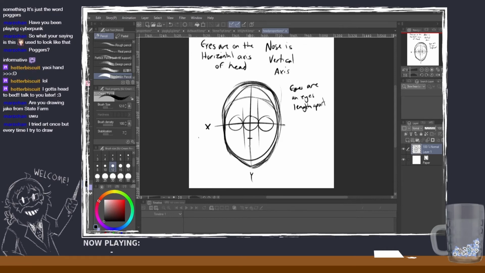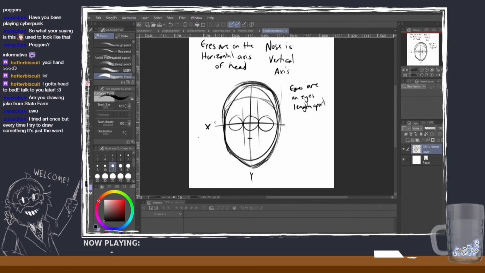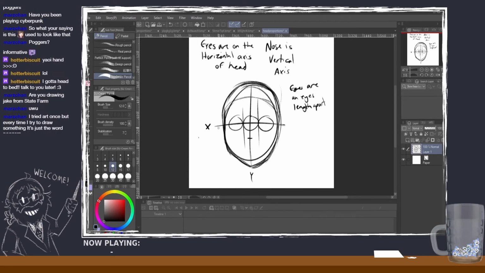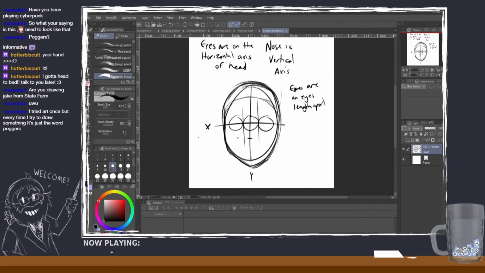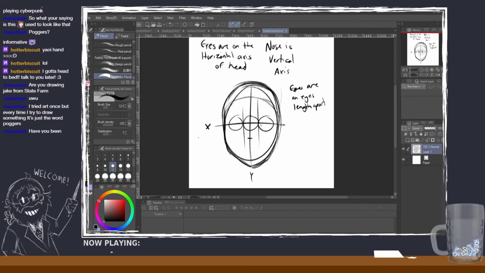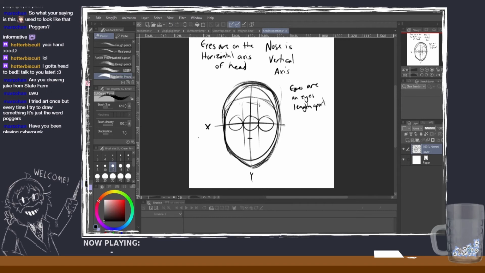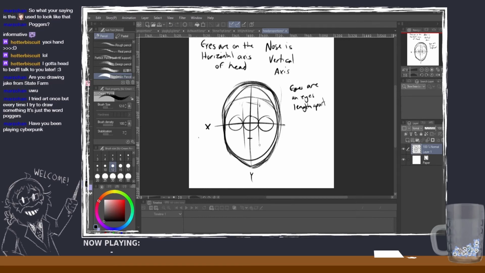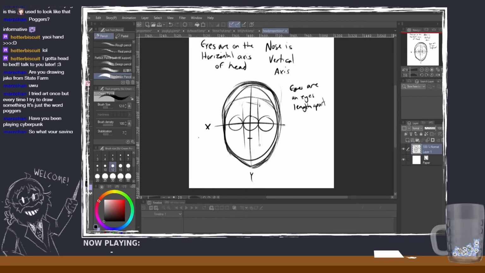Obviously, there are going to be people out there who have different facial structures in general. So people's eyes might be closer together, some eyes might be further apart. But for the most part, they'll be around this size. It doesn't have to be perfect. But if you're looking at a face that you drew and something doesn't look right, that could be it. Another rule is